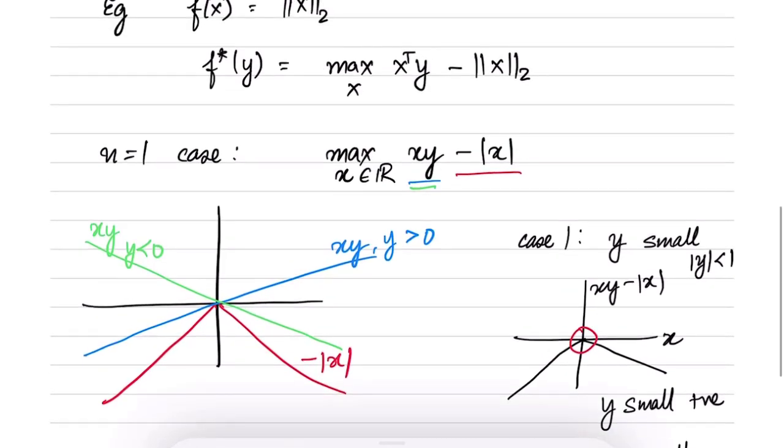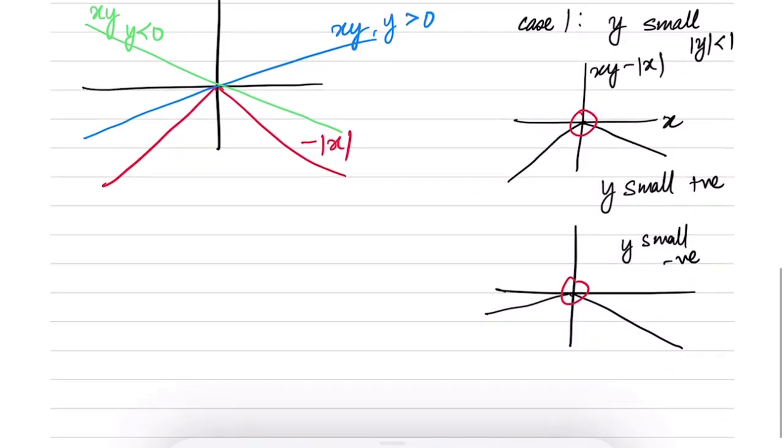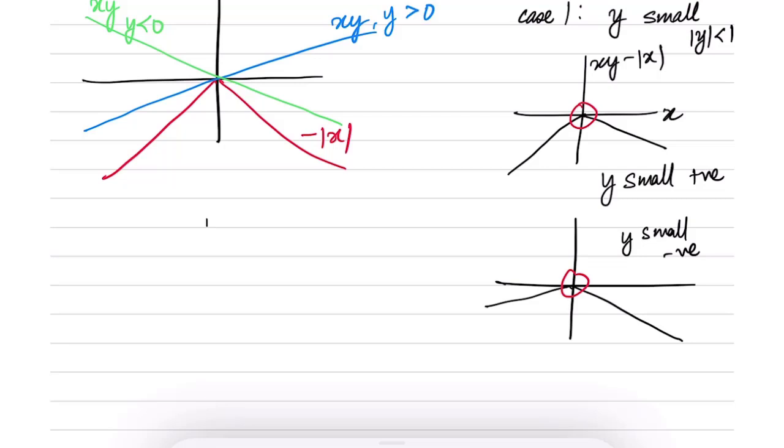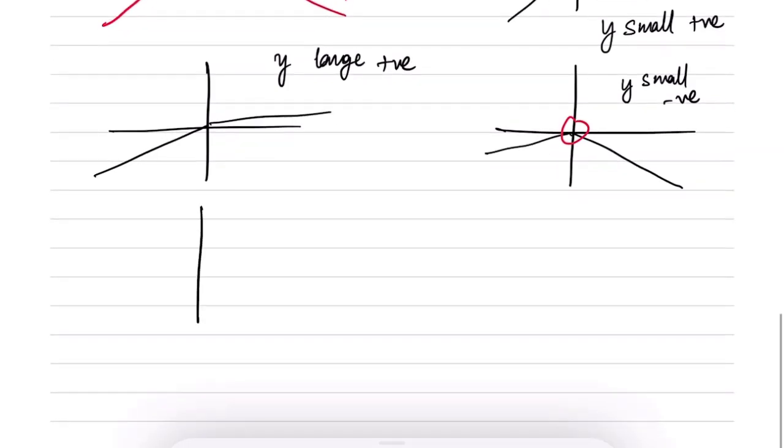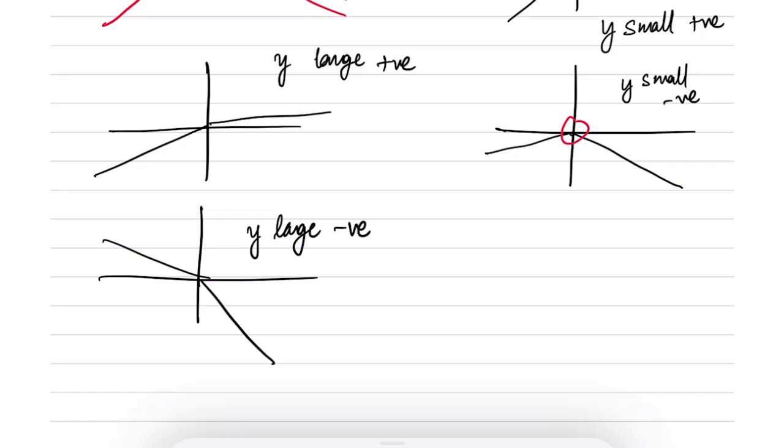So let us go back and write this as 0 whenever the absolute value of y is less than or equal to 1. And what happens when the absolute value of y is greater than or equal to 1? In that case, you can observe that it would add up to be something like this. So this is the case when y is large positive. And similarly, when y is large negative,